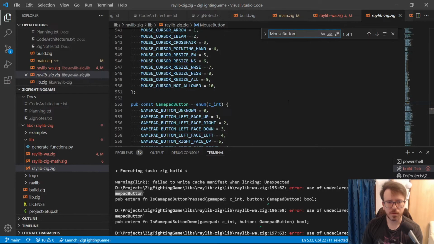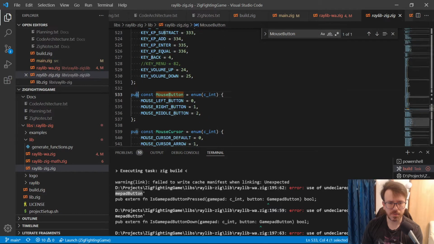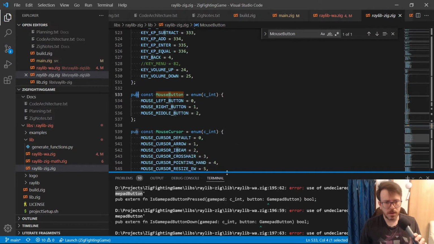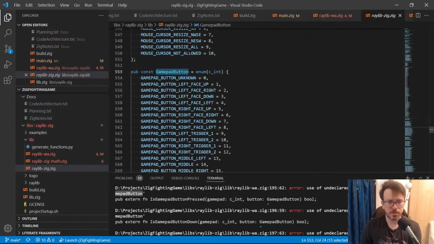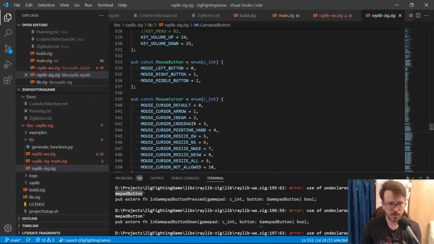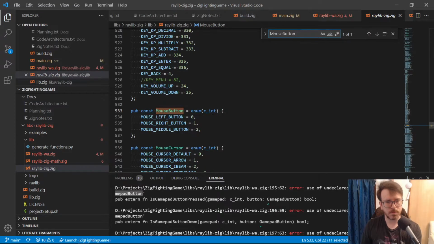So I'm a bit confused. So it's exposed because it's pub, right? This is also exposed in the same way, right? Unless there's some other thing I'm not aware of. Okay.